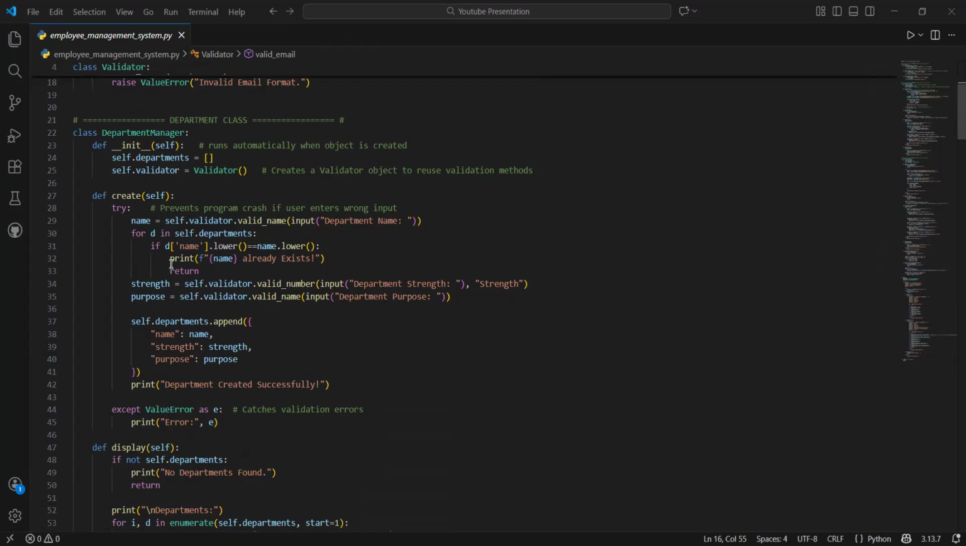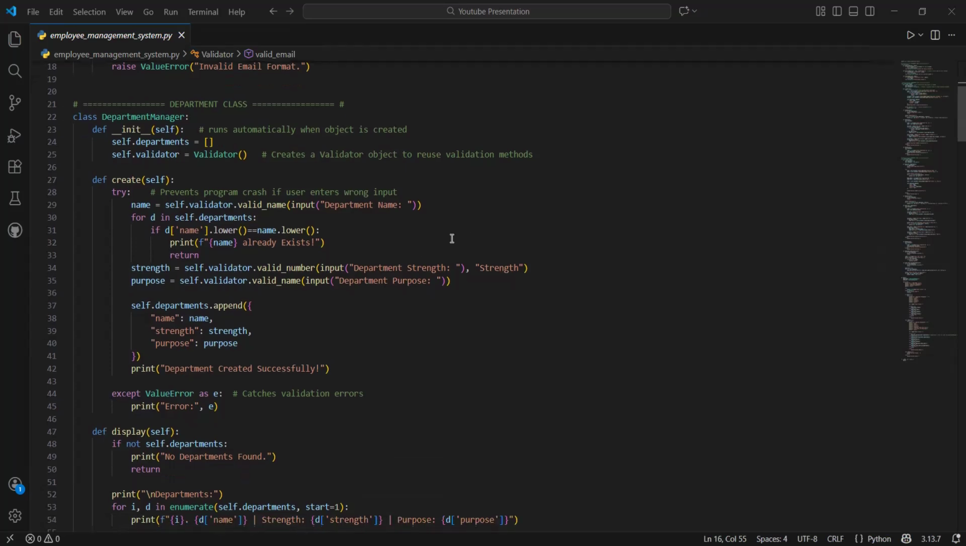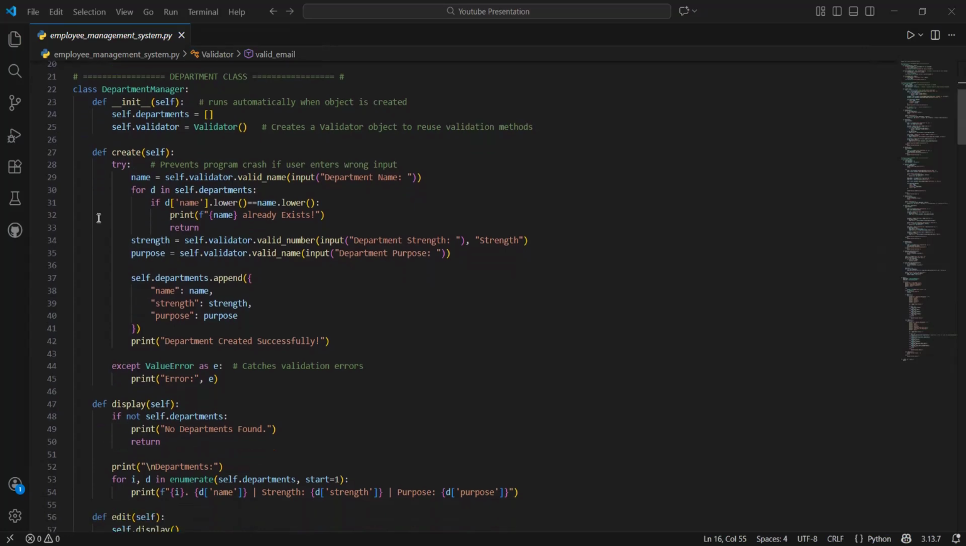Okay. Actually, I reuse the method here. For this reason, I create a validator object. Now create one method, and self is mandatory, we know. And then I used try except. Try is actually very important when we want to prevent a program crash if the user enters wrong input mistakenly. Okay. And now one reference is name, and here I wrote